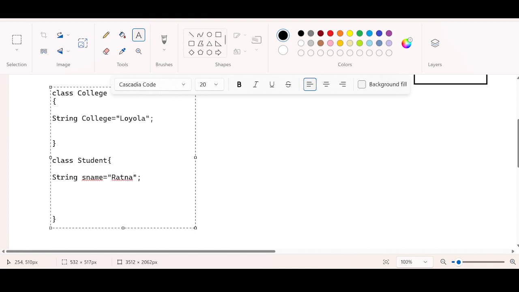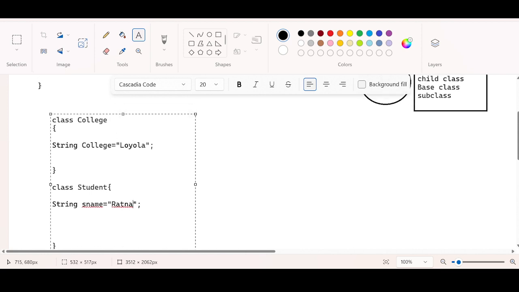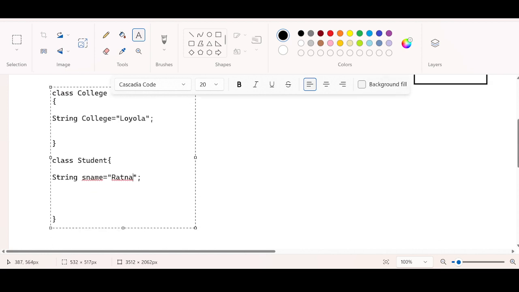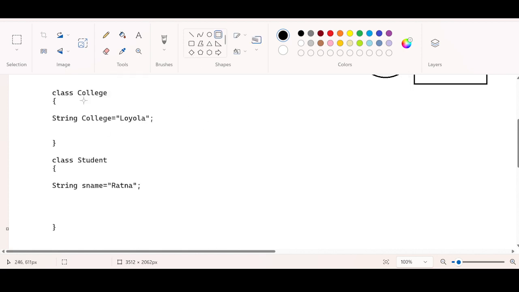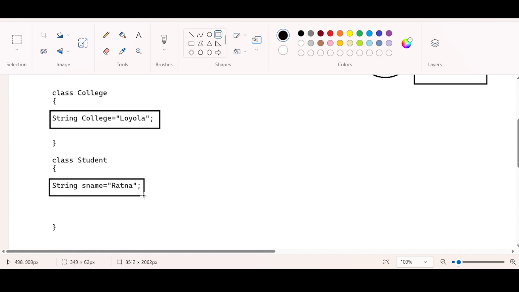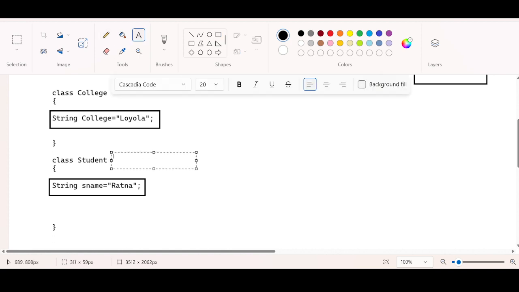Now these two classes are independent classes. Please focus here. We have a College class as well as a Student class. They are completely independent. There is one variable in the College class and one variable in the Student class. The moment I use the extends keyword, extends College, the moment I do this,